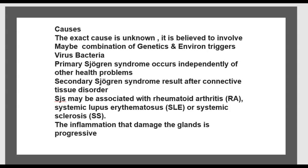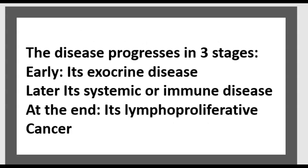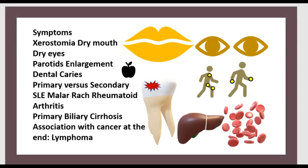The inflammation that damages the gland is progressive. The disease progresses in 3 stages. Early, it's exocrine disease. Later, it's systemic or immune disease. At the end, it's lymphoproliferative cancer. Symptoms include